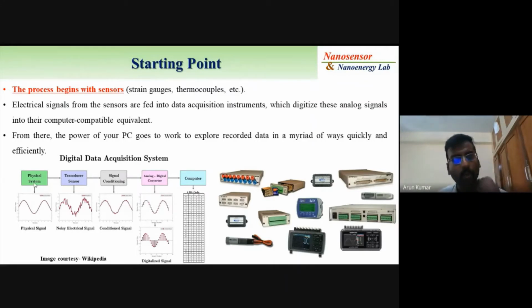Here we can see a small block diagram. This is a physical system which provides the input, and a transducer which converts that into an electrical signal. So you get a noisy signal, and then we use a conditioning circuit which reduces the noise by using a lot of filters, low pass filters, band pass filters. That goes in deep. Okay, so by using some kind of filters, we condition the signal, and then we convert it by using an ADC, analog to digital converter. We convert this analog signal into a digital signal, and finally we get the code.